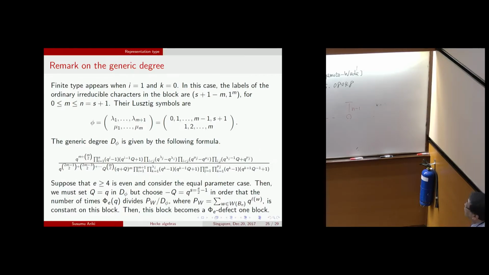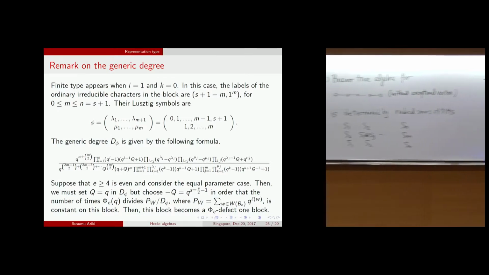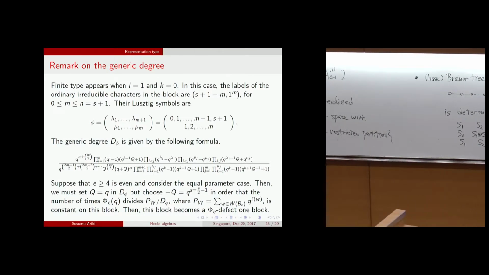He defined the notion of phi-defect for blocks, for generic degrees, using generic degrees, and determined the Brauer tree in this setting, and of course, to go from this setting to the real block setting,